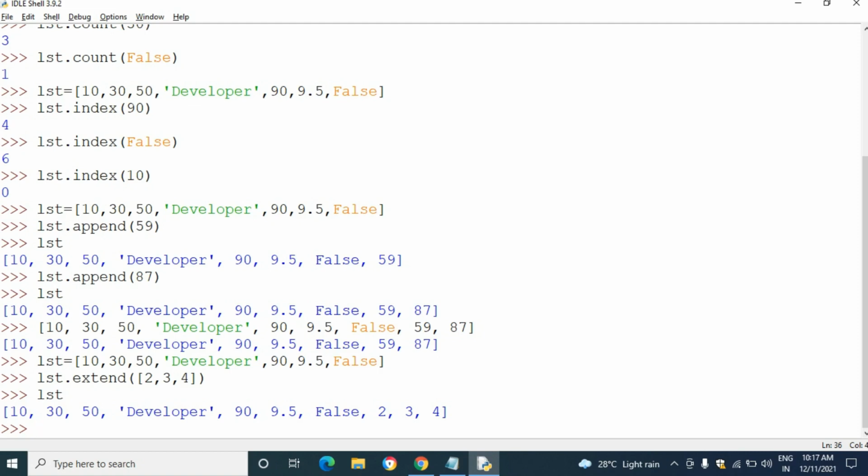See, 10, 30, 50, developer, False, 2, 3, 4. We have given it as a single list, but it has been separated into single elements, as separate elements. Okay, this is the use of extend.